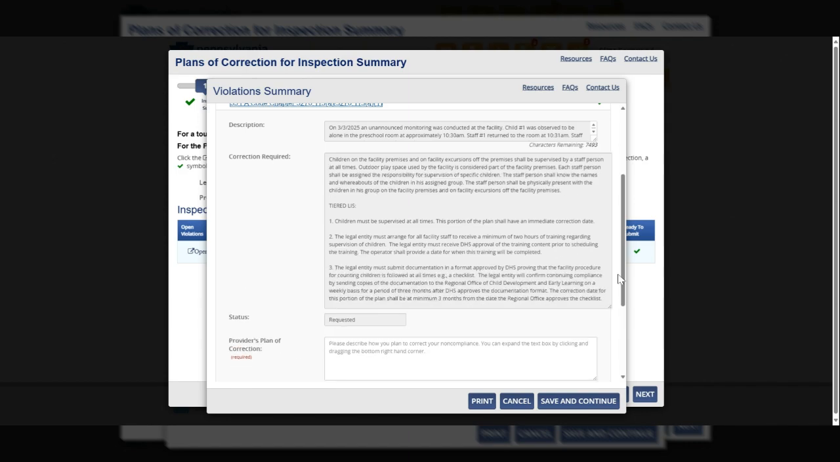And so you will notice under the correction required section of this inspection summary, we do have a tiered LIS because the language specifically says tiered LIS. And in this example, we have 3 tiers, which means there's going to be 3 separate pieces that we have to address when we submit our plan of correction. You may receive a tiered inspection summary with 2 tiers, or maybe there would be more than 3. But in this example, we're going to have 3